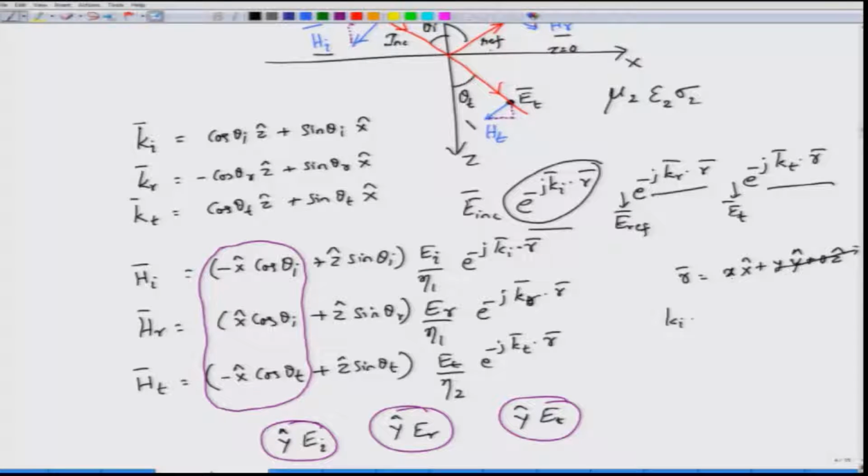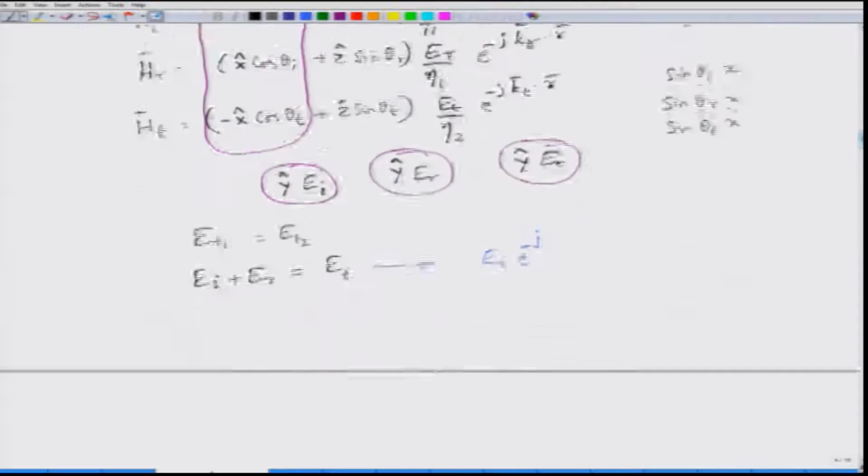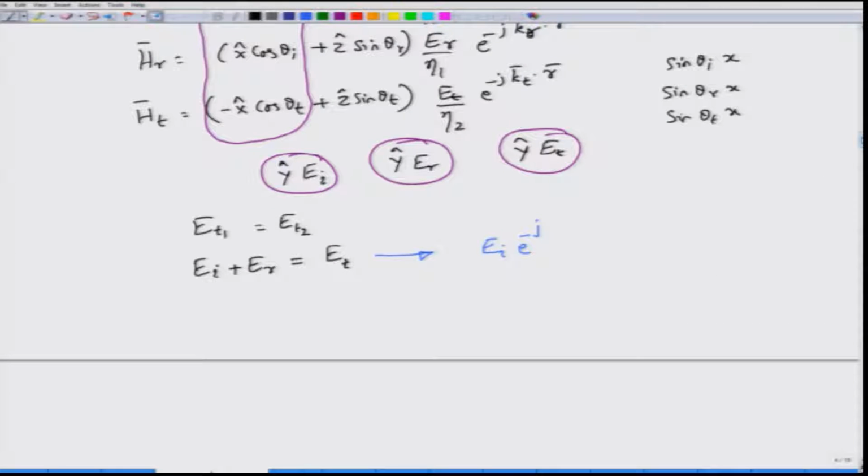and this phase that you get is given by, for the incident wave, sin theta I into x. For the reflected field, you will get sin theta r into x, for the transmitted you will get sin theta t into x. Okay. So, let us carry these phase factors along with EI, ER and ET. So, let us write this as EI and write the phase factor here, e power minus j x sin theta I